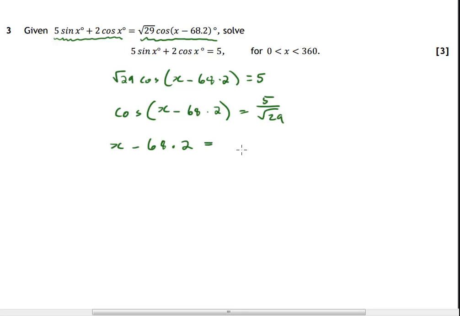Inverse cosine of 5 over root 29 is 21.8, and for the third time now, we're looking at a 4-quadrant diagram and seeing where the second solution to this comes from. We're working with cosine, the ratio is positive, so solutions from first and fourth quadrants. This is going to lead us to our first quadrant solution. Our fourth quadrant solution is obtained by subtracting from 360, which gives us a second value here of